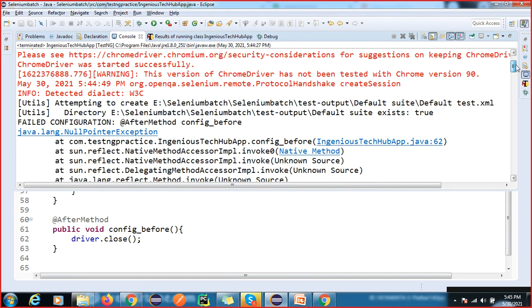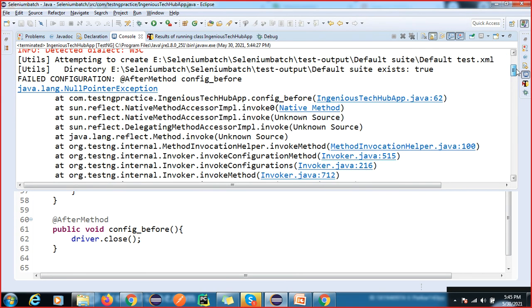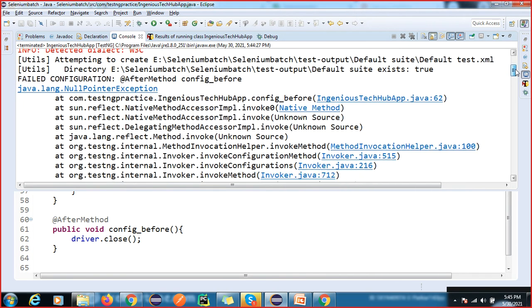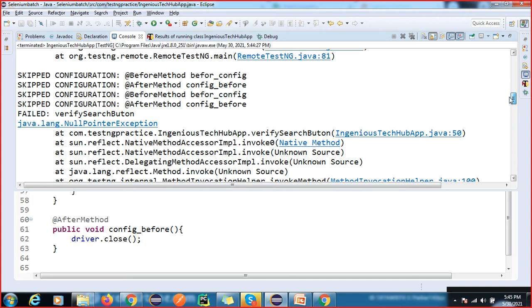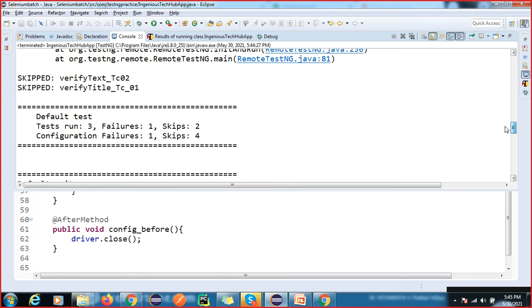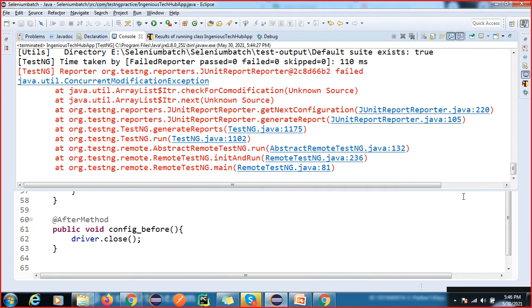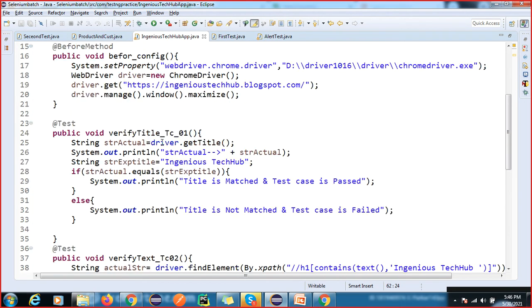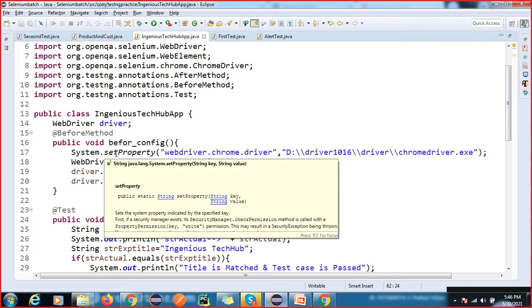Null pointer exception, no? Why is it coming as a null pointer exception? Oh, you know why it is coming?